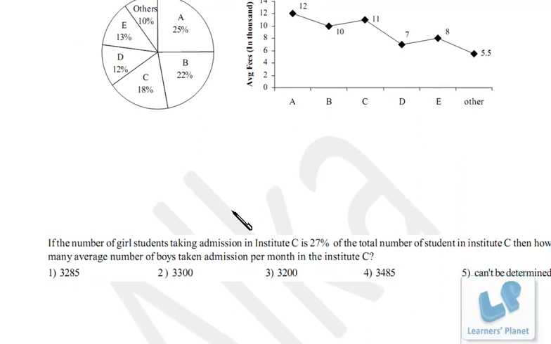So 18% of 3 lakh is what? 18 into 3, 54,000. And this divided by 12 is the admissions per month, and out of these 27% are girls, that means 73% are boys. So this is